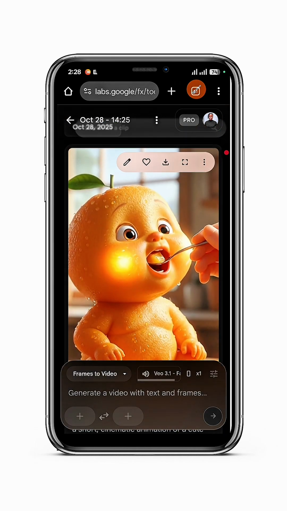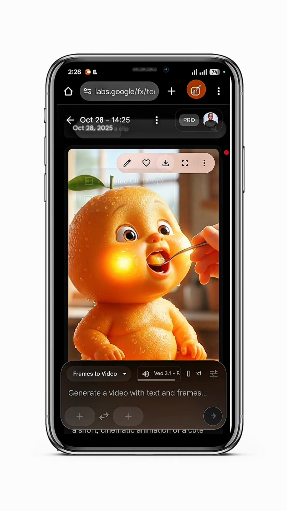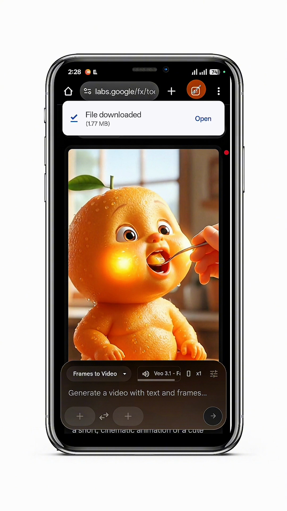It's really beautiful, so I can just download it, save it to my phone, and create as much as I want,